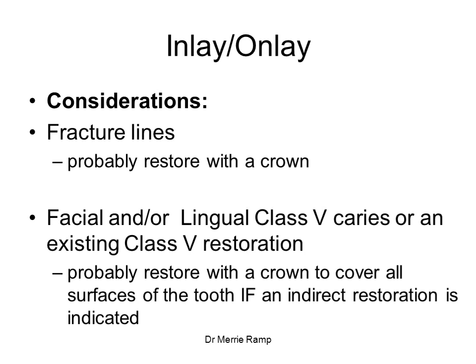If fracture lines are noted on the tooth to be restored, a crown is more likely the restoration to select. Likewise, if class 5 caries exists on the facial or the lingual, a crown is typically best. Why do an indirect restoration to restore the MOD defect, and then restore the class 5 with composite or amalgam? A crown covers all surfaces of the tooth, so a crown is typically best if either a class 5 lesion